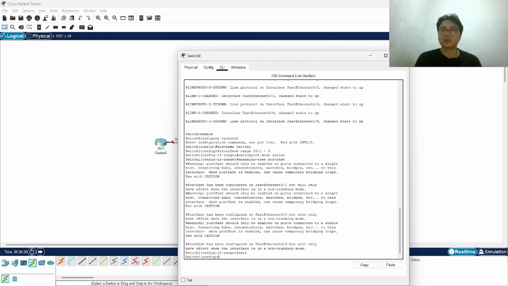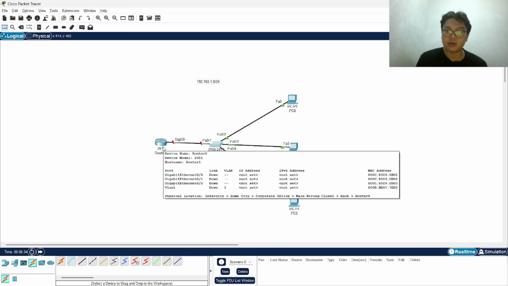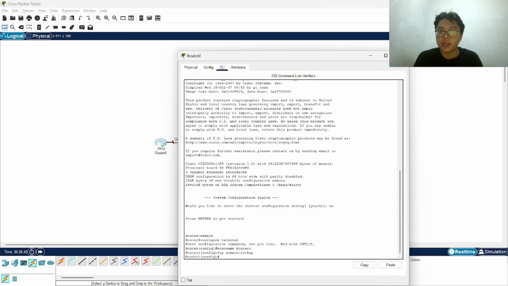Just close this. Now we configure the router interface that faces the PCs. This IP, 192.168.1.1, will become the default gateway for every PC.